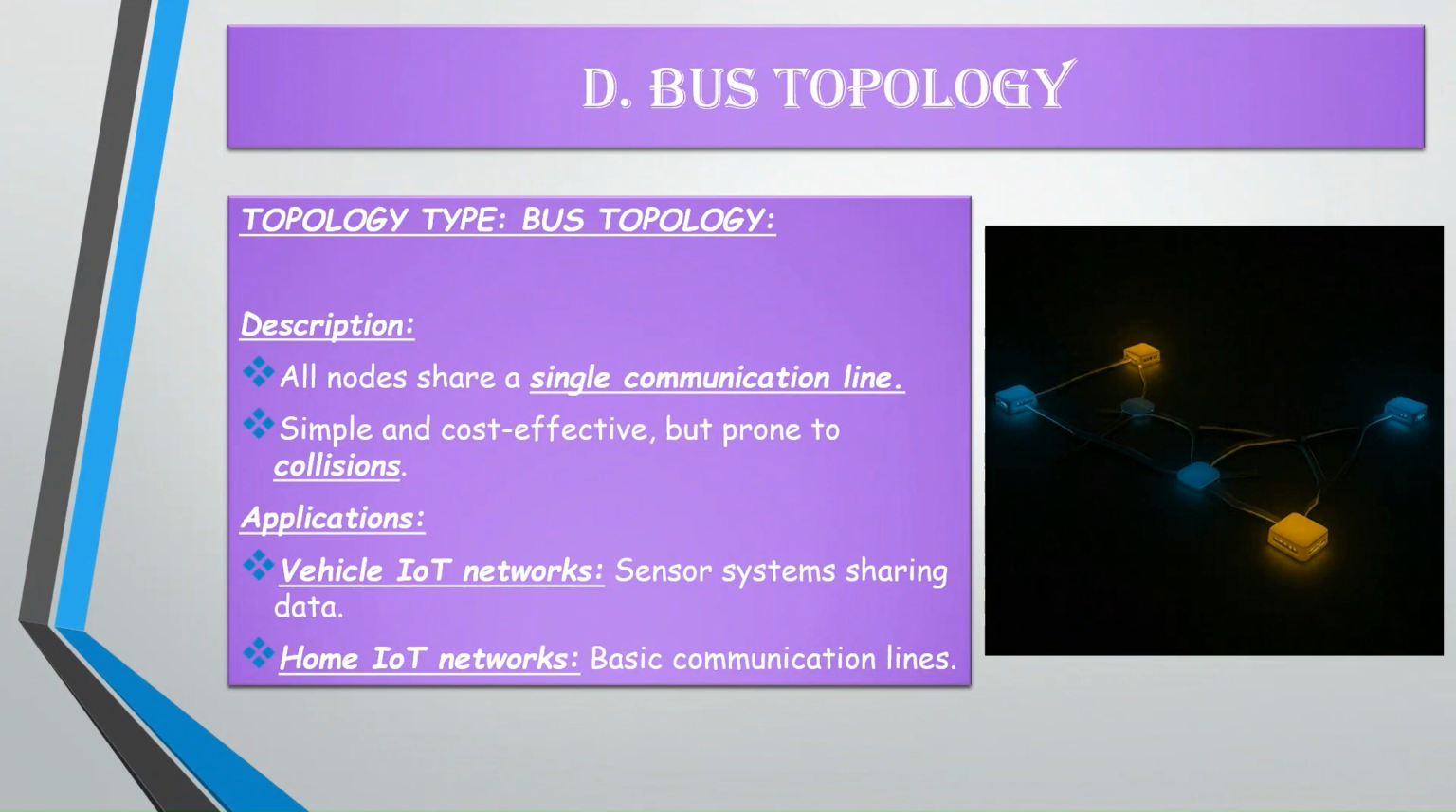to transmit data simultaneously. Common applications of the bus topology include vehicle IoT networks. Sensors and actuators in a vehicle can be connected using a bus topology to share data and control functions. Home IoT networks: basic communication lines for connecting devices like smart lights, thermostats, and security systems can be implemented using